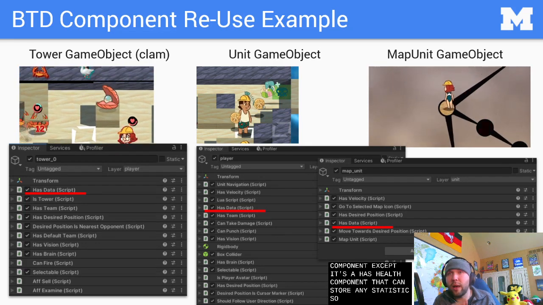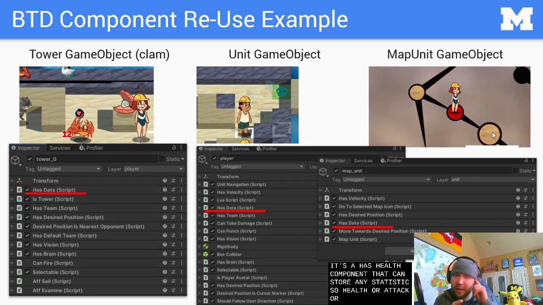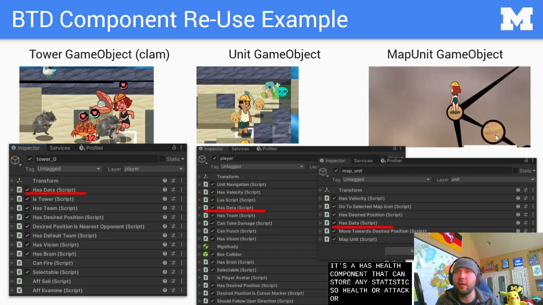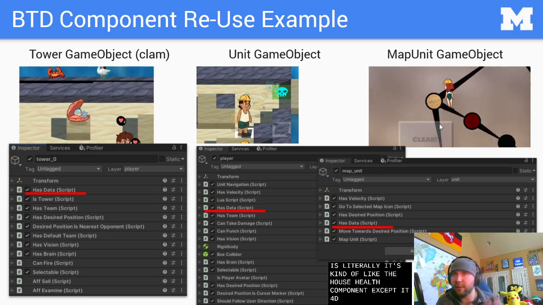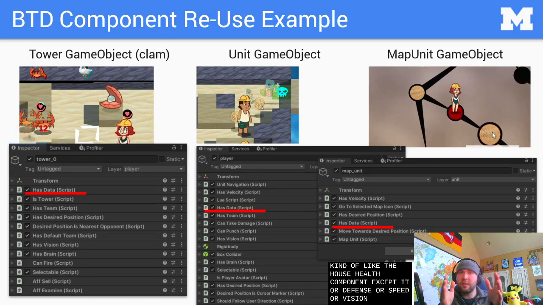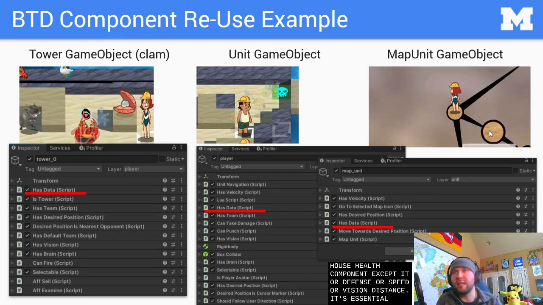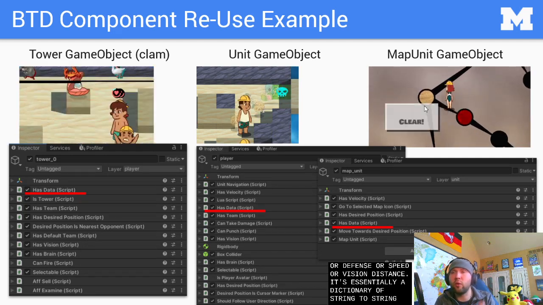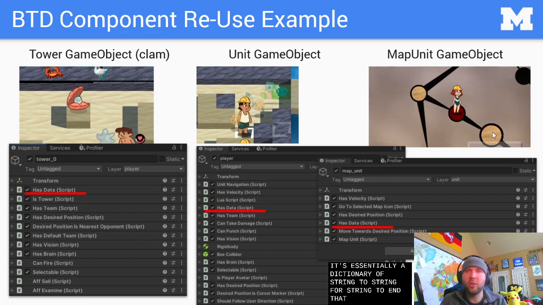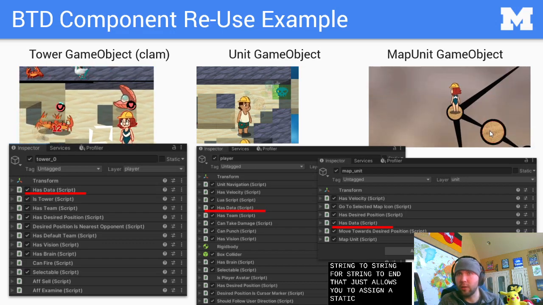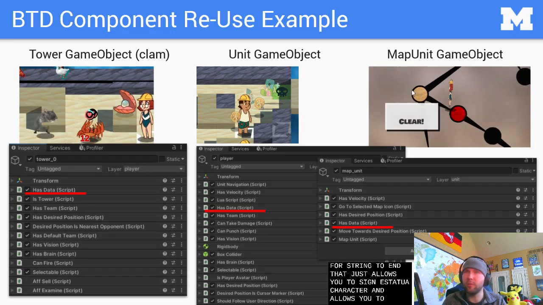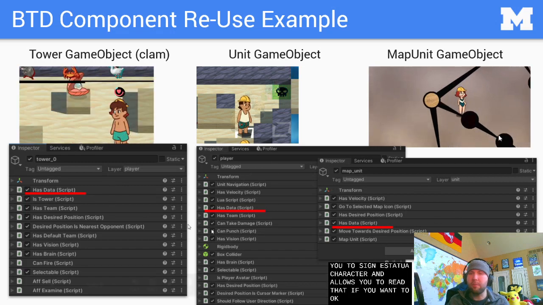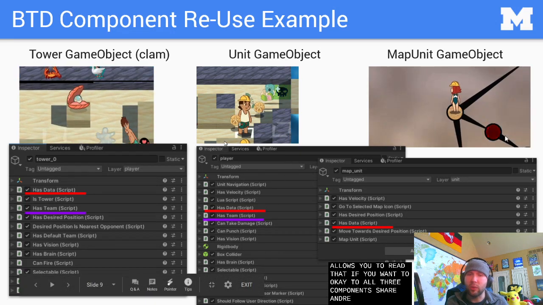So health or attack or currency or defense or speed or vision distance. It's essentially a dictionary of string to string or string to int that just allows you to assign a stat to a character and allows you to read that stat if you want to. Okay? So all three components share and reuse that logic, which is very helpful.